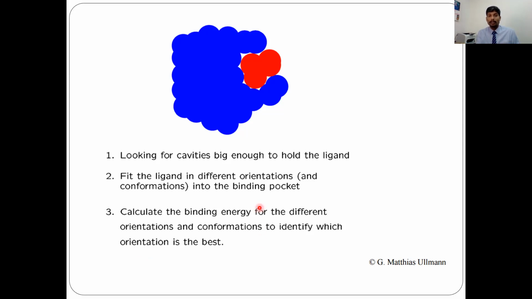So we need to understand which conformation, which interaction, has the lowest free energy, so that we can take that as the best conformation